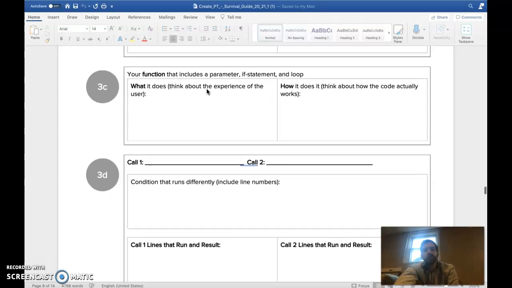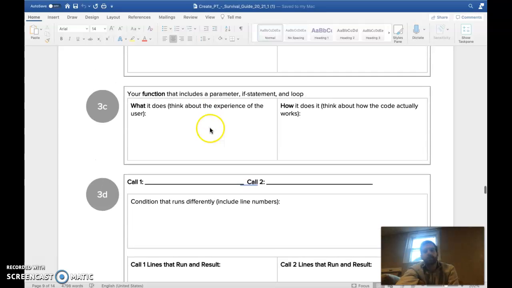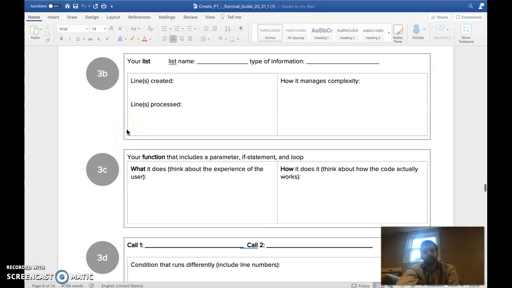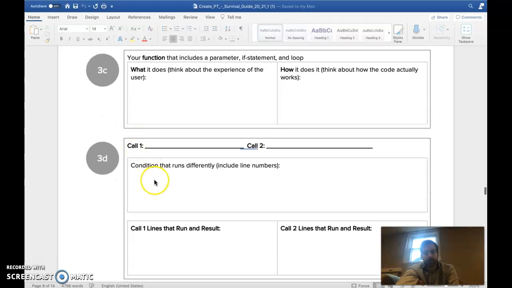So basically, we're going to pick the function that we've been talking about for 3C, and then we're going to talk about it a little bit more in 3D. So we're going to talk about where it's called the first time and where it's called the second time. It doesn't even have to be necessarily two different spots. It's just going to have two different parameters, more or less. So if I have call one with a certain parameter and call two with a certain parameter,